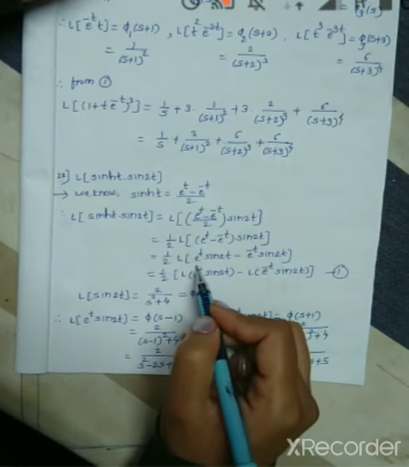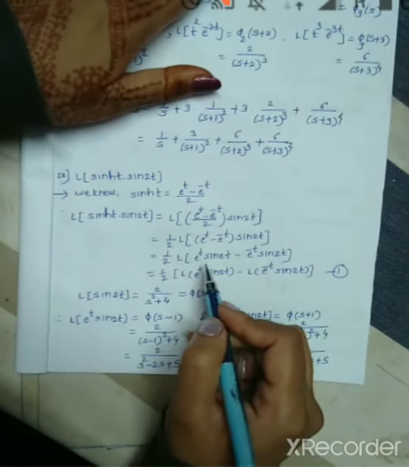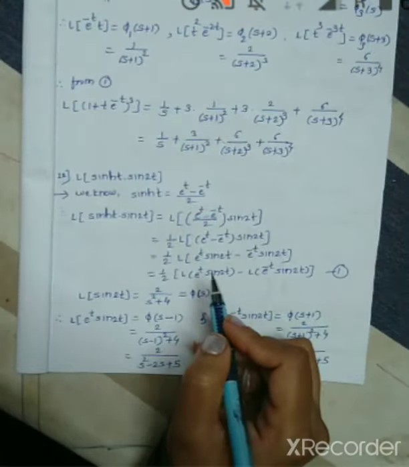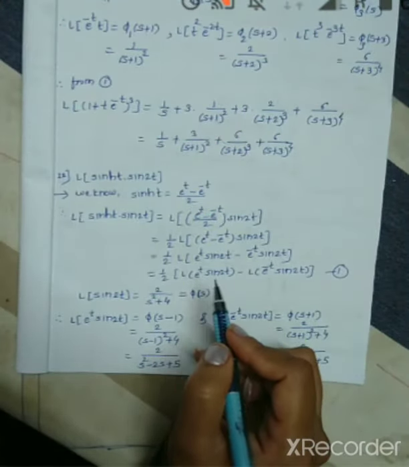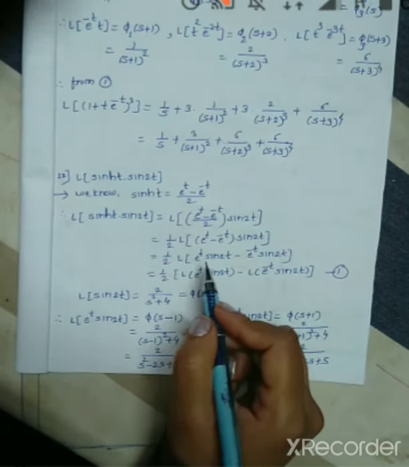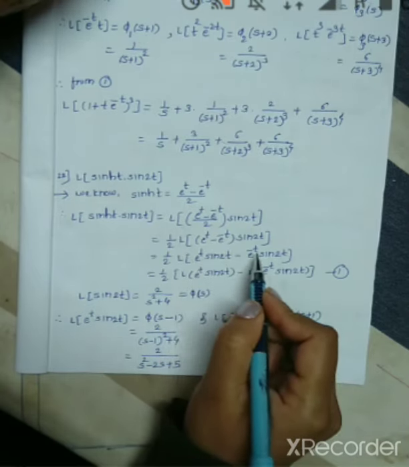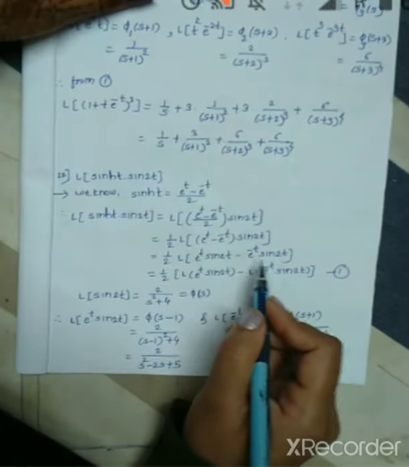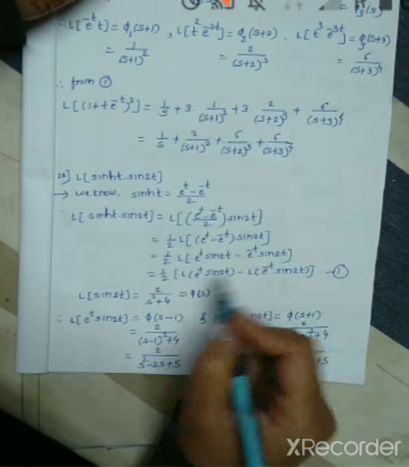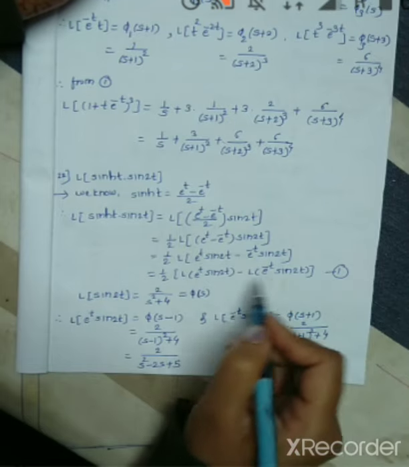Now this comes under the exponential property. We are studying the exponential property, where one function is there and any exponent, either positive or negative index, is attached. Then we have the property called the first shifting property or exponential property. This is e raised to t sine 2t and this is e raised to minus t, the same function sine 2t. Now take Laplace inside each expression, that is Laplace of this term minus Laplace of this term.